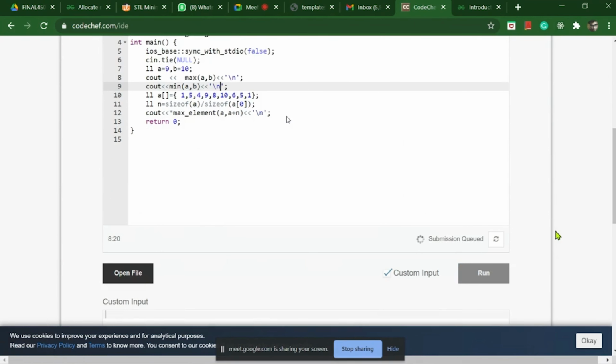This will return the maximum value, which is 10, from our array.